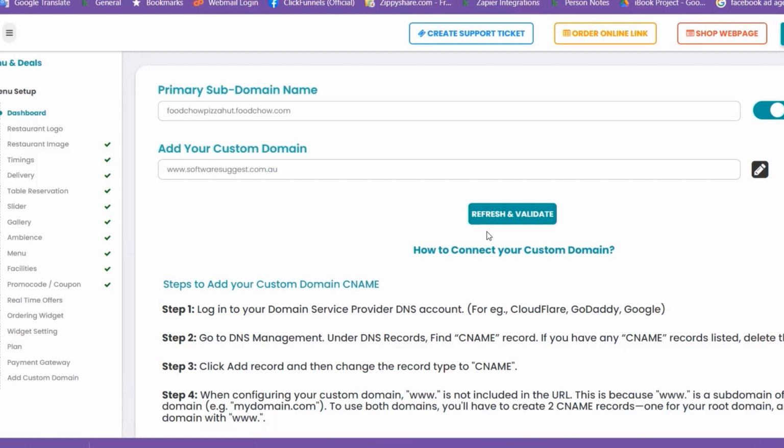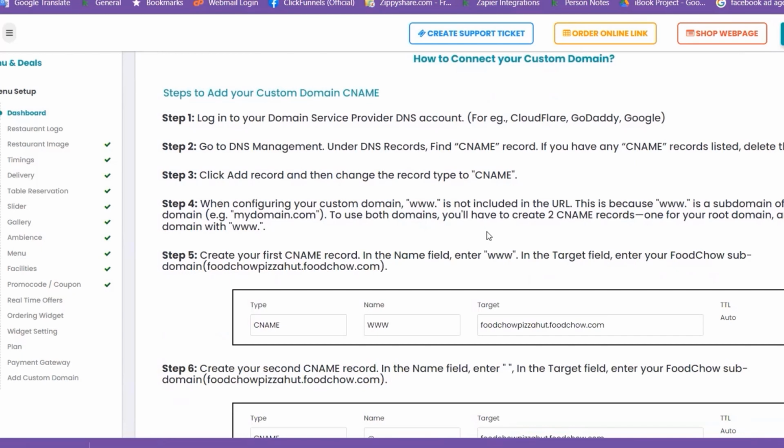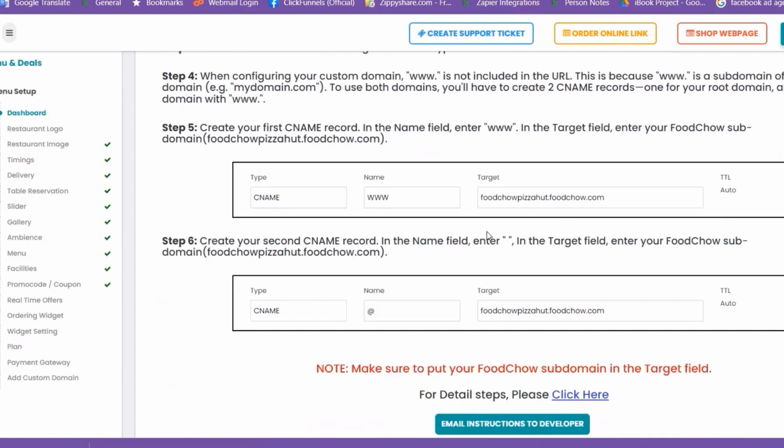Now, what you have to do is follow the steps which are mentioned. Step 1 is log into your domain service provider's DNS account. Step 2, go to DNS management, and under the DNS section find CNAME records. If you have any CNAME records listed, delete them. Step 3, click add record and then change the record type to CNAME. Step 4, when configuring your custom domain, www is not included in the URL. This is because www is a subdomain of your root domain. To use both domains, you have to create two CNAME records,